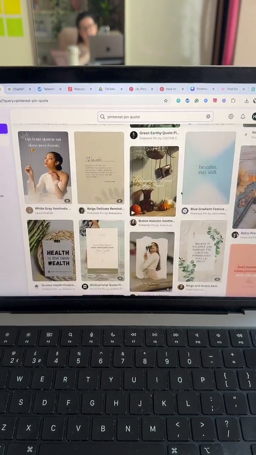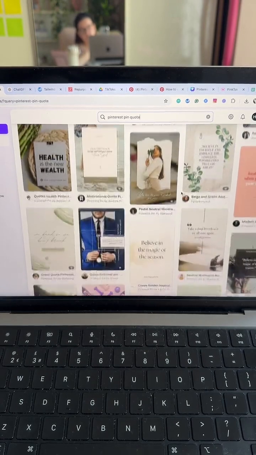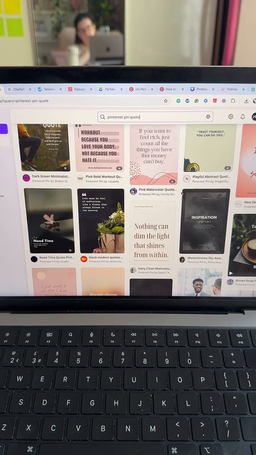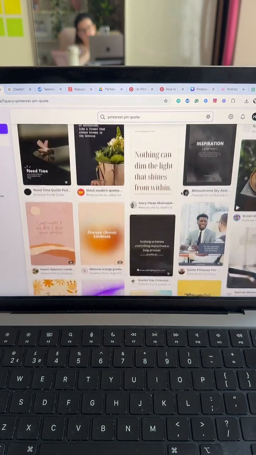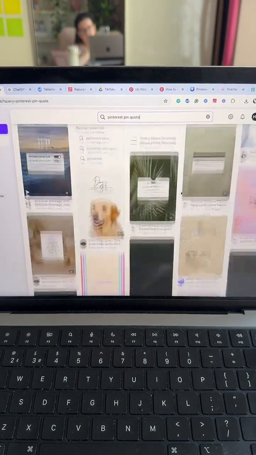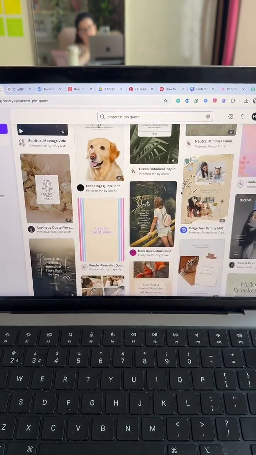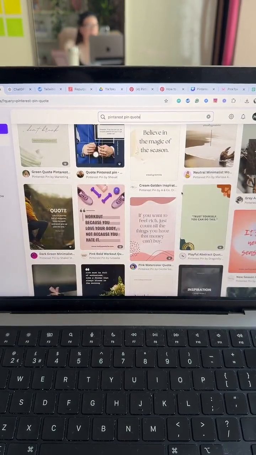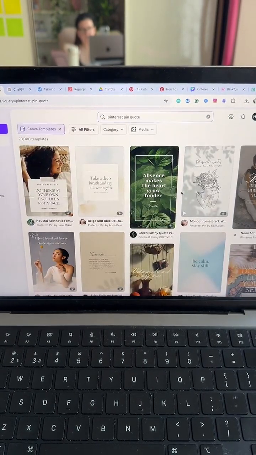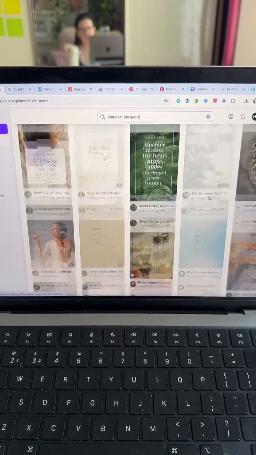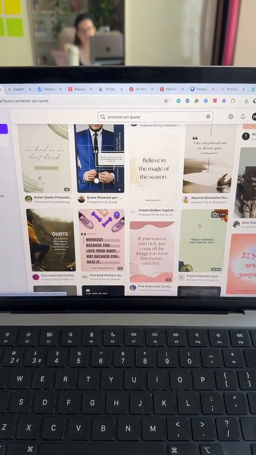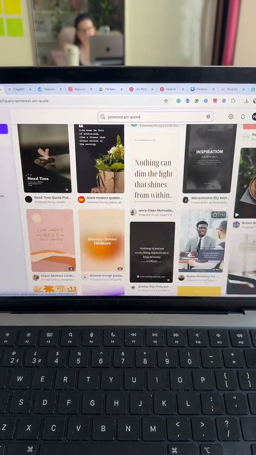Okay, so there's a few different styles here. So I want to try and find something that pops. Something as well that I know will fit with my ideal client, with my client's style. I just want something really simple, almost like this, but I don't like that background, but really something super, super simple.